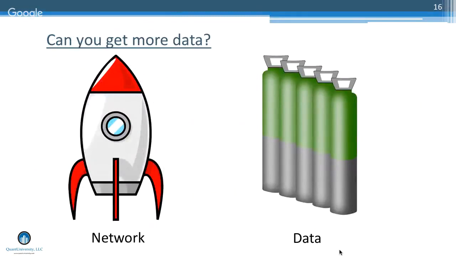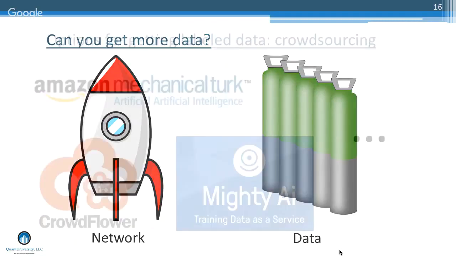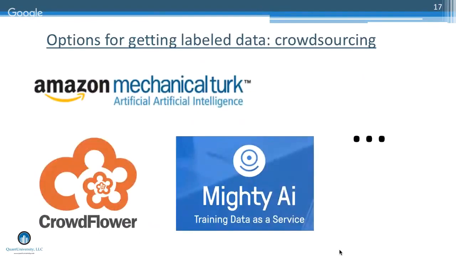So we talked about this yesterday. If you can get more data, that can often make up for a multitude of sins in all other areas, right? So like a dumb network with a lot of data tends to work better than a really complicated smart model with not very much data. One note here is that there's various options out there for getting labeled data, even if you don't already have it. There's running crowdsourcing stuff yourself to make labels like on Mechanical Turk. And there's also a number of companies that will kind of do that for you. So if you're doing a business thing where you have a budget, often there are people who will help you with that.